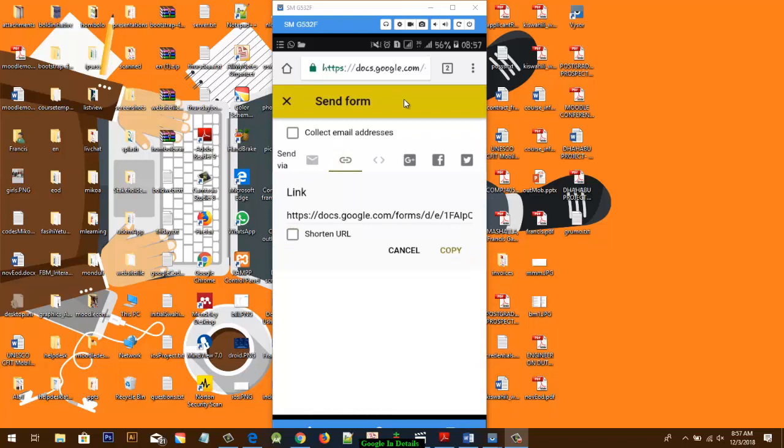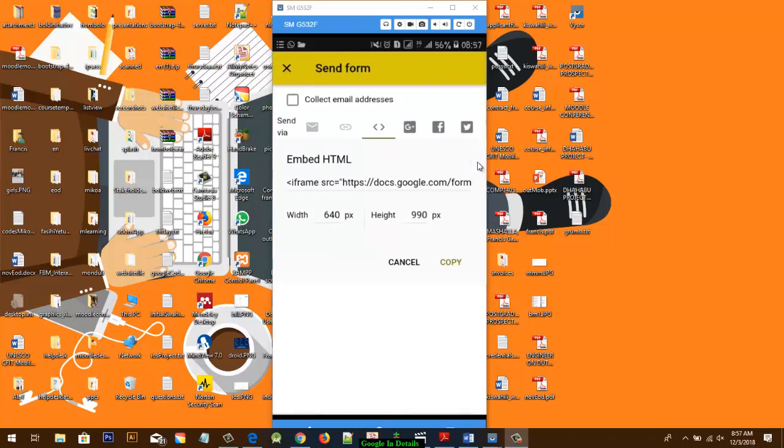Then we have another option as embed. This is preferable if you want to embed this on a website. Then we have another option, either you can send it via Google Plus, Facebook, or Twitter. So I'll go with option two